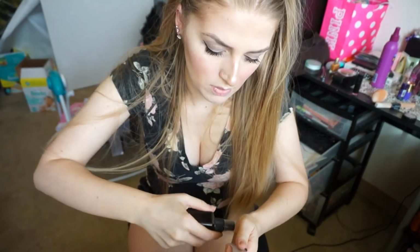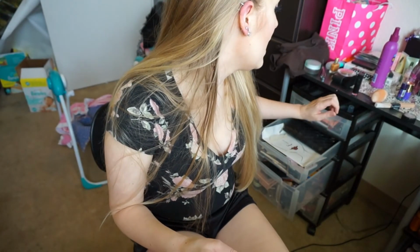I actually don't know how much mist and set works. But for the longest time, I could never tell if primer worked. And now, when I don't use a primer, I can obviously tell because my makeup comes out more cakey than normal. And then the last step